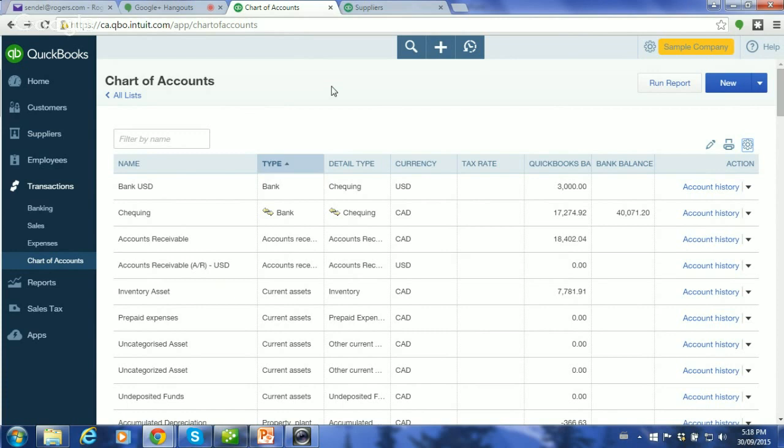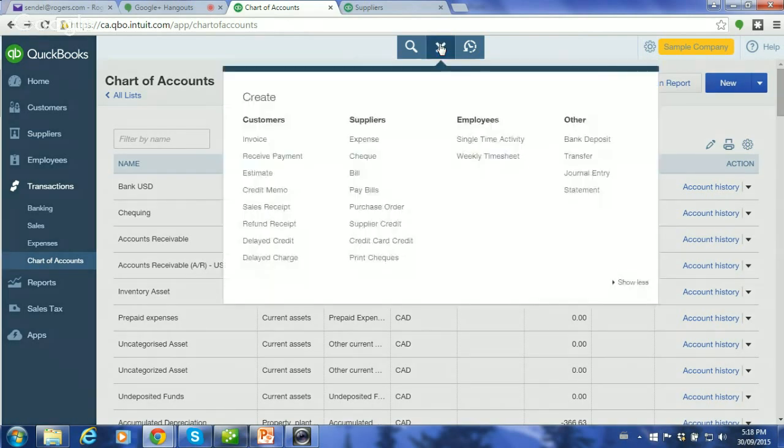Okay. Transfer funds. So I need to transfer funds. I have a Canadian and US bank account. I need to transfer funds between each, but I get confused as to the currency that I need to use when transferring funds. I'm okay on journal entry, but the transfer funds function puzzles me. Okay, so let's take a look at that.